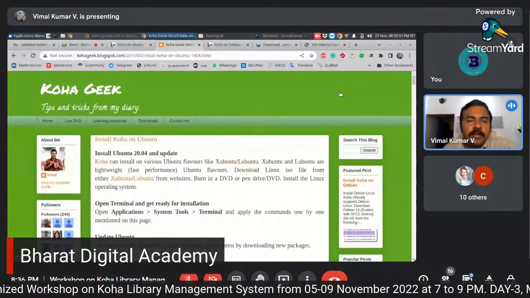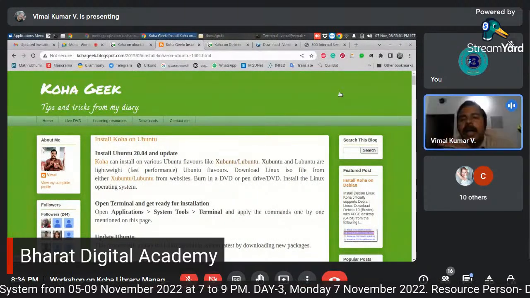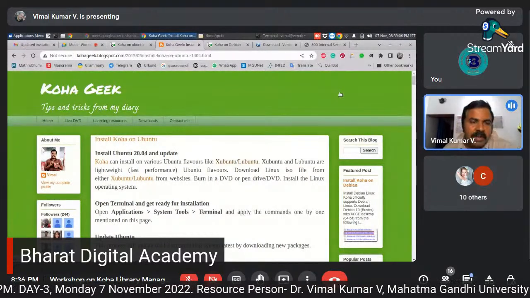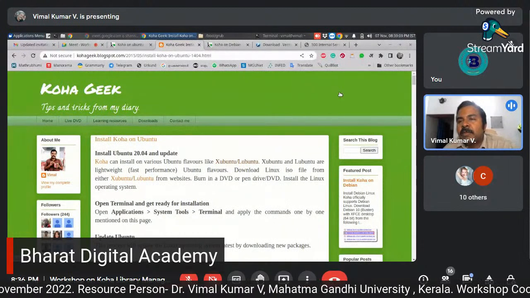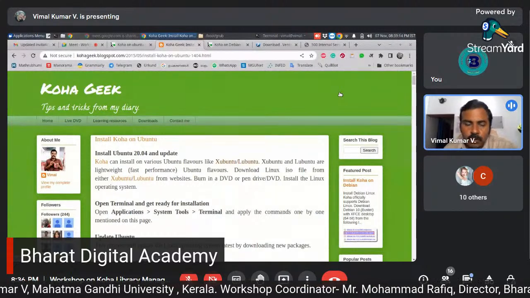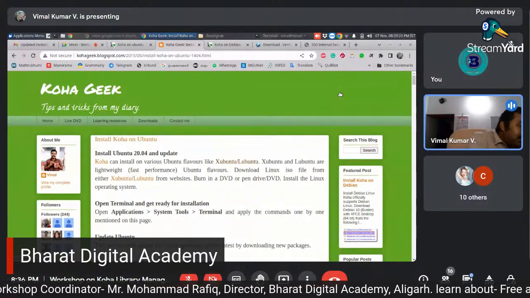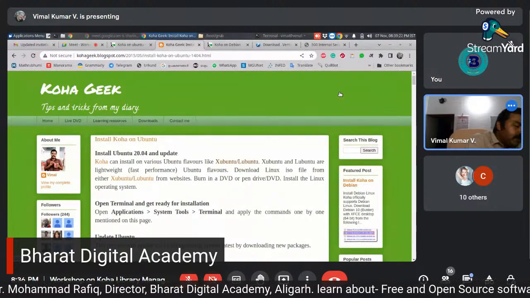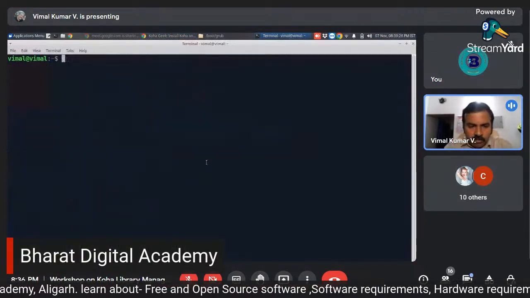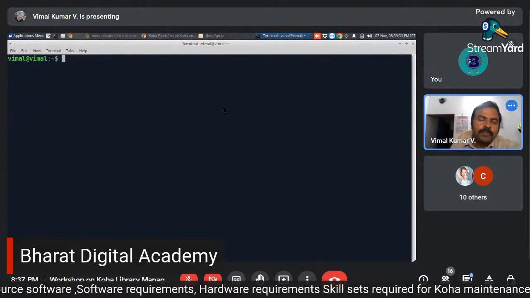But installation alone is not enough. We have to learn a lot regarding Linux and Koha management. We have to be familiar with database management, and also with some cron schedules. I will just show you how to manage this database. See, for everything we have to use this terminal. For example, to log in to the Koha database,